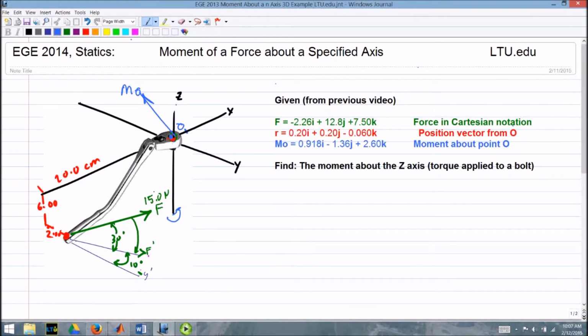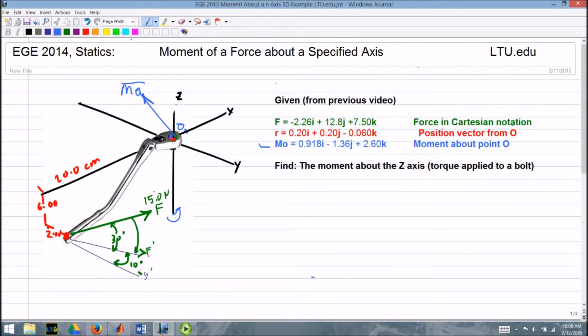In the previous video, and I'll put a link up in the corner if you want to go see that, we determined the value of the moment about the origin, about this point, okay? Which is fine, and that's good information, and I repeated the values we came up with there. That's not the moment around that specific axis that we want. You know, what's the torque on the bolt we're applying, not what's the torque in a direction perpendicular to our force and position vector plane.